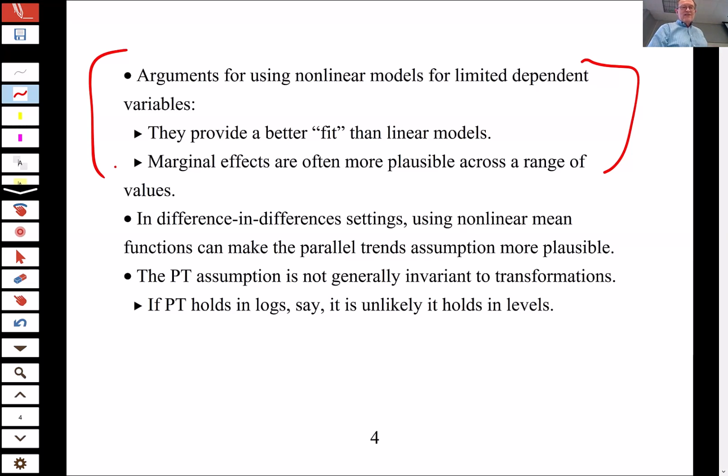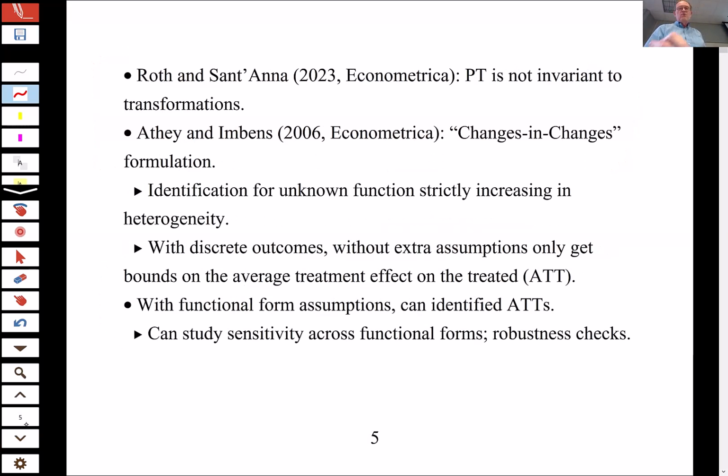Okay, so as I mentioned, there's this very recent paper by Roth and Sant'Anna that shows that parallel trends is not invariant to transformations. There's this earlier work, really interesting work by Athey and Imbens on what they call the changes-in-changes model. And they try to show how far you can get identifying the treatment effects without making specific assumptions about functional forms. But they show that